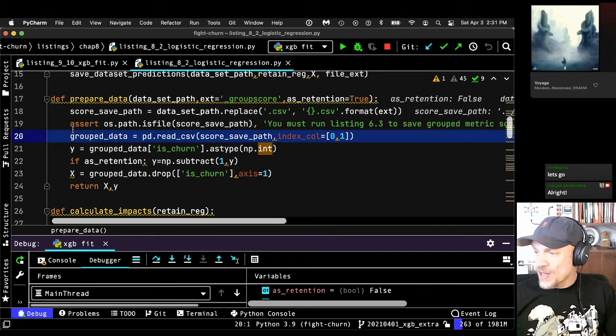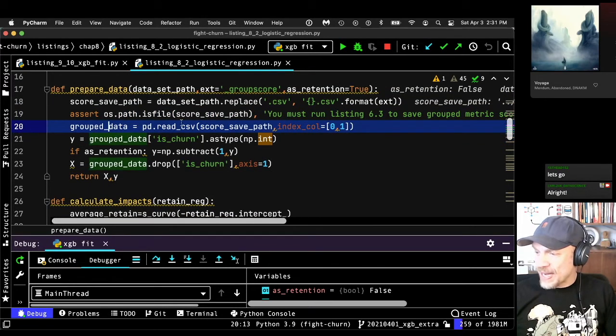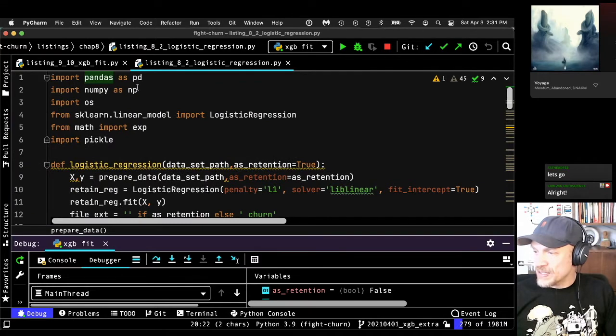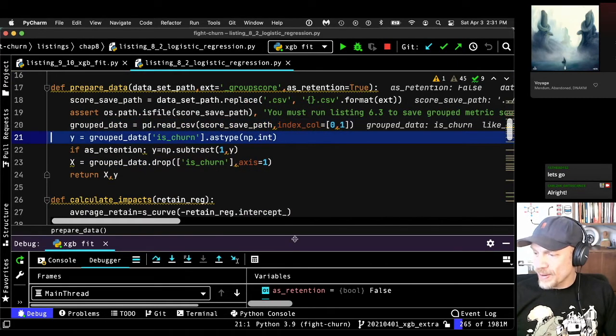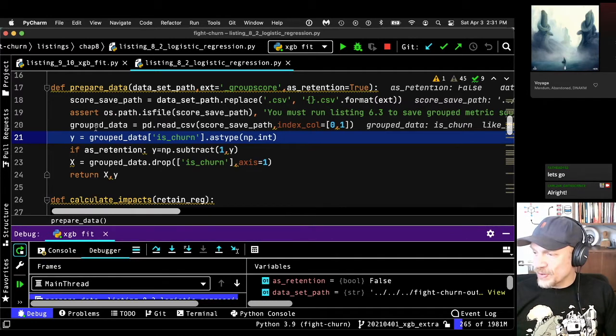So on this line, I checked that my path exists before loading it. And then I use pandas, which is the data frame package in Python, to load the data into a data frame. All right, so now this is my data frame.